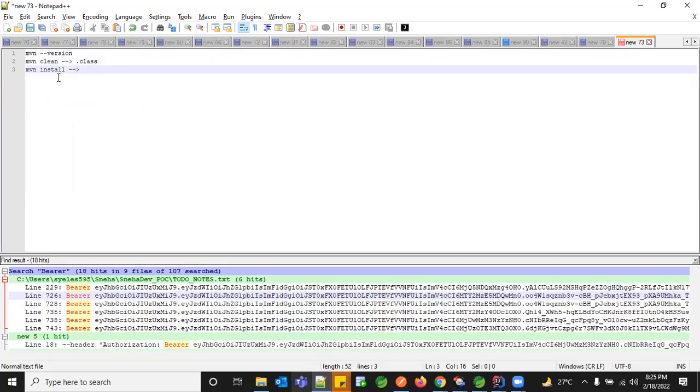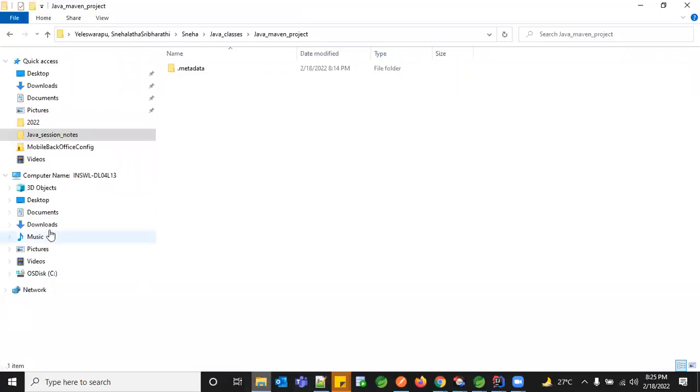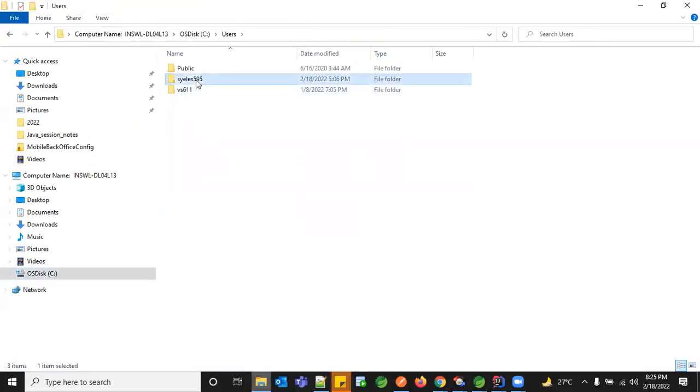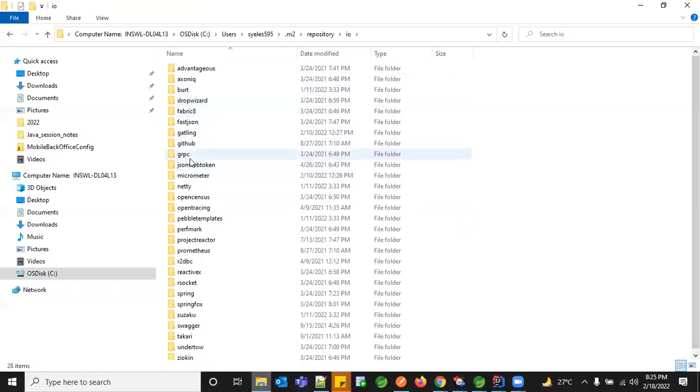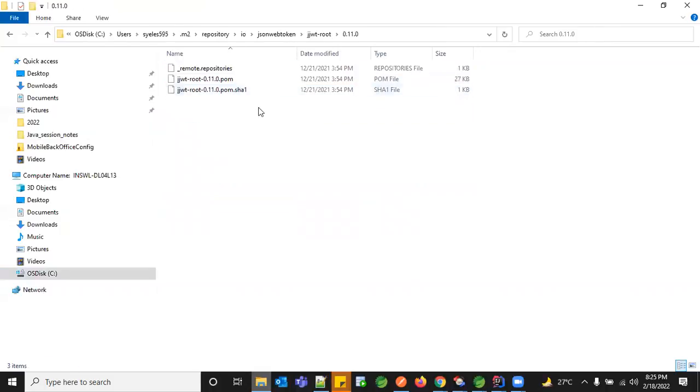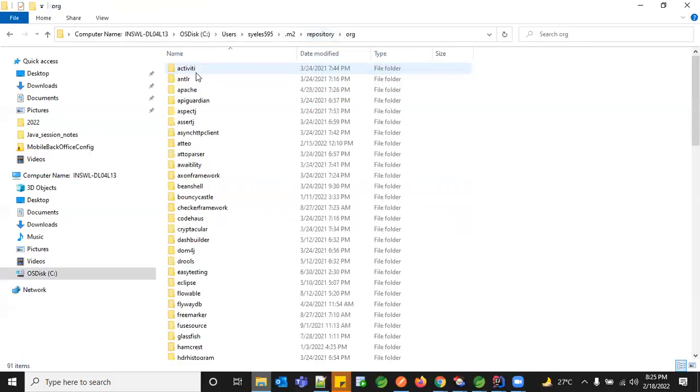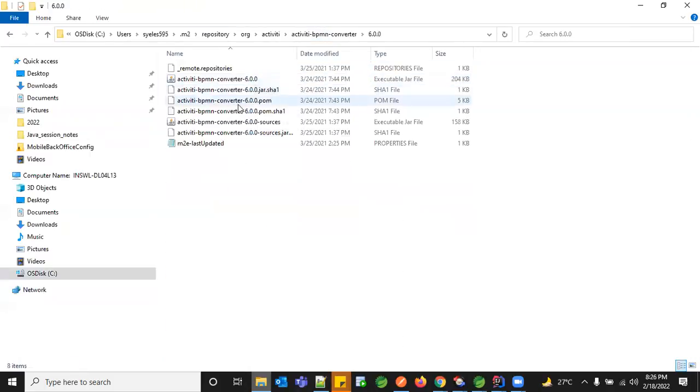If you don't have the relevant version of the jar in your system, then it will install it for the first time. But if you have it and you are not sure whether you have the right version, sometimes what happens is, whenever it is getting downloaded under the repository .m2, say for example, let me go into some package. Here there is no jar file. You have the repository file, the POM file, the SHA-1 file, but you don't see any jar file. Let me go to some other package. You can see an executable jar file. So this is the one.